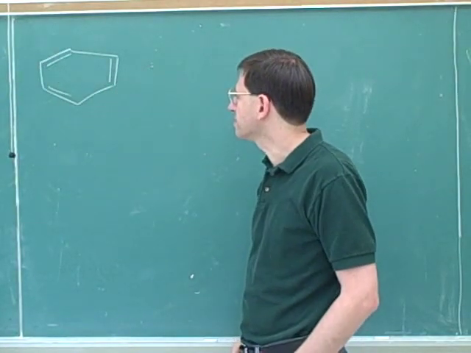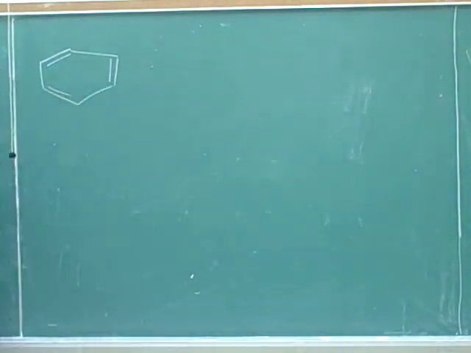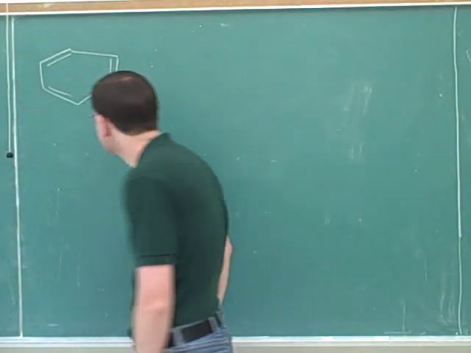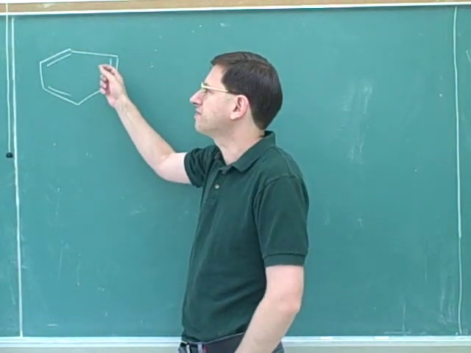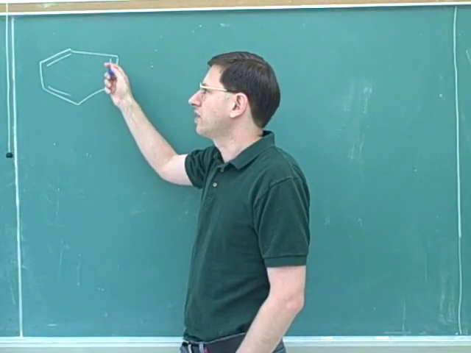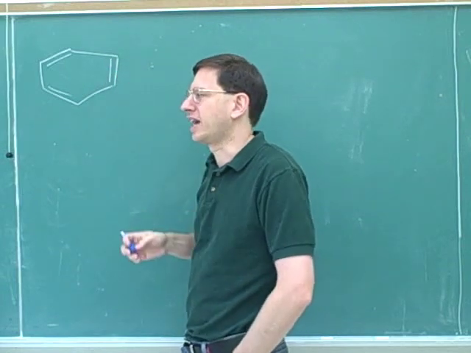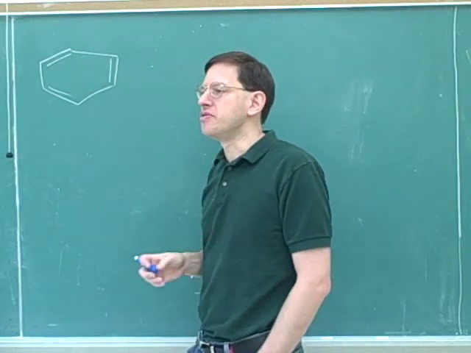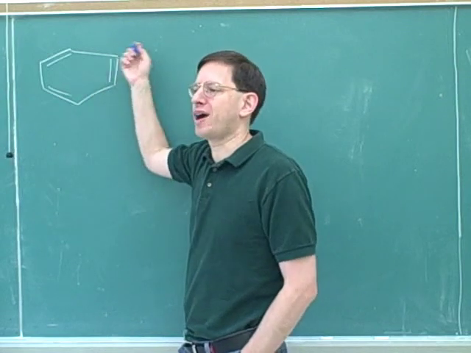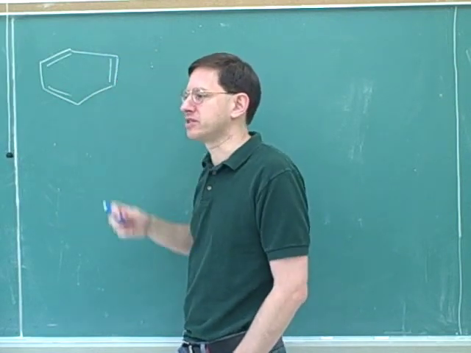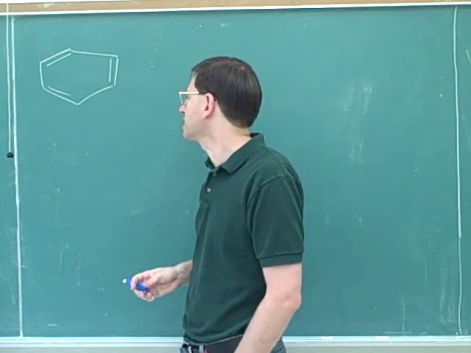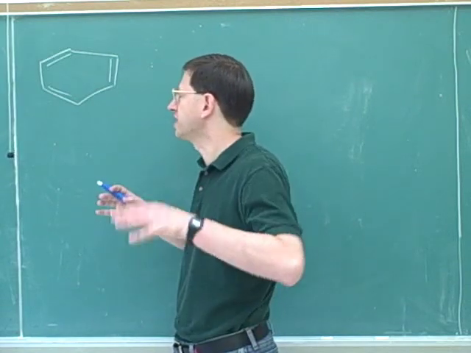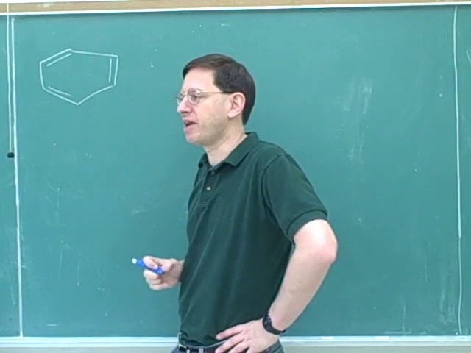What's the name of this molecule? Benzene. Right. Now, I guess we could also call it 1,3,5-cyclohexatriene or something like that. However, it's not called that, and the reason is because this has special properties that you wouldn't normally expect. So it's not just called a cyclohexatriene. It's given a special name because it has special properties which are covered under the idea that it's aromatic. This is an aromatic compound.